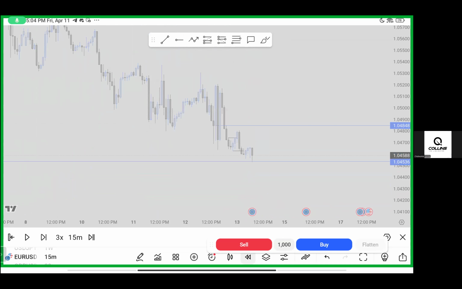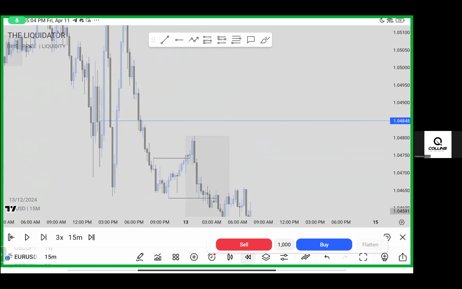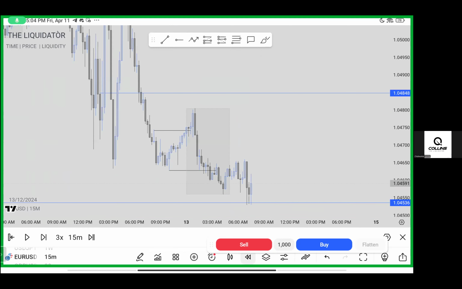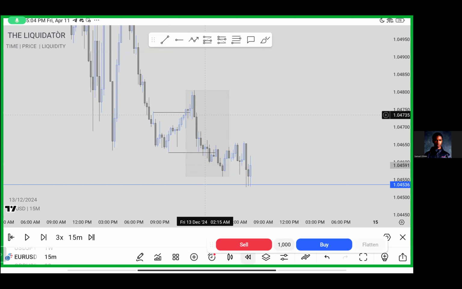So now remember, I said Asia looks like it created a strong high, but there was no POI on the 4-hour time frame here. This was where the POI was. So there is no need for us to use this because we have a current level price came from. Pay attention. Asia did create a strong high, but there was no 4-hour order block right here or somewhere around here. The 4-hour order block was above. But we saw price was reacting from a higher time frame rejection block, which was here.